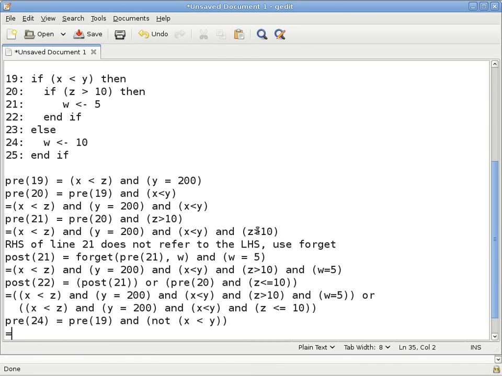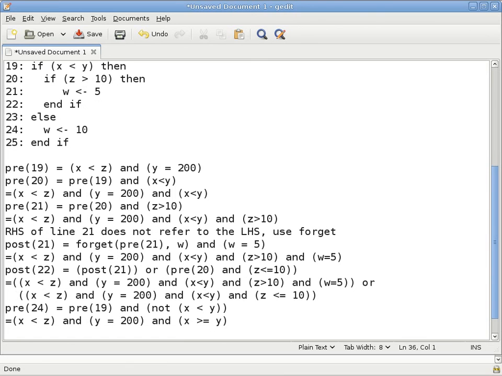So now we can go ahead and expand what is pre-19. Pre-19 is given to us, and we can simplify not x is less than y. It is just saying x is greater than or equal to y. That's our pre-24. Once we know what is pre-24 and line 24 is an assignment statement, and the right-hand side